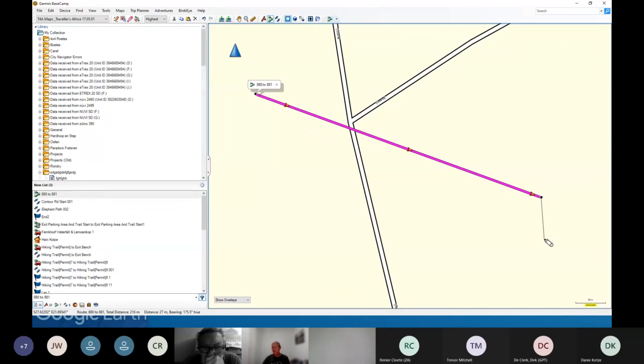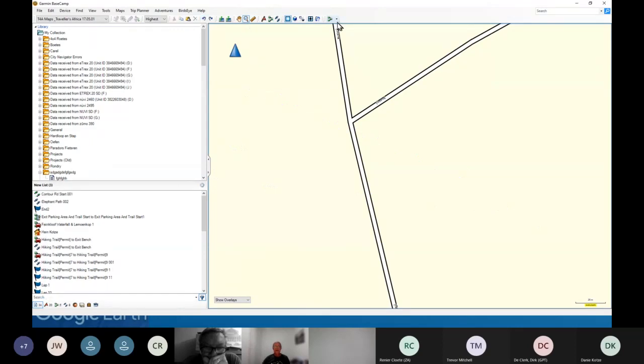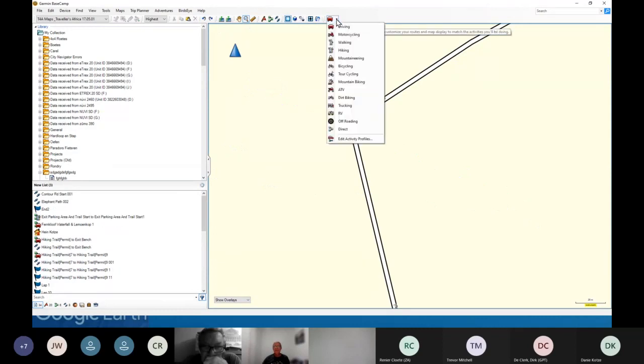So it's a direct line, it doesn't follow existing paths or whatever the case is. So basically it's just a line that shows on my map. All right, so let me undo that, undo that. All right, so to go back to my activity profile driving, now if I select there, if you